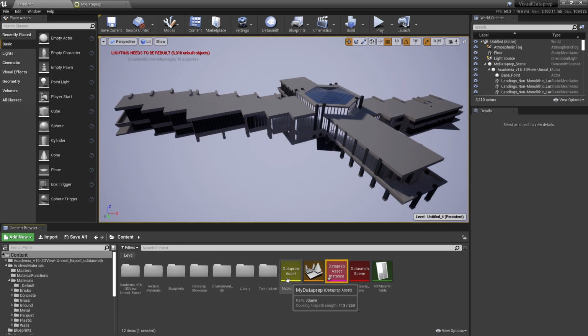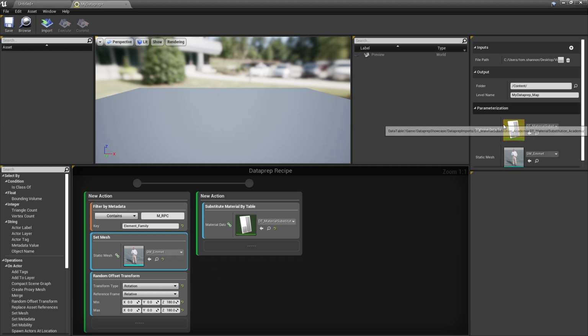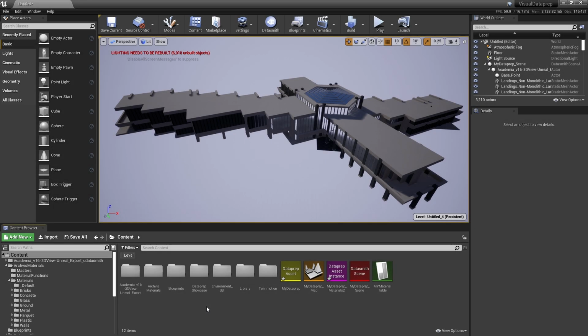Almost all inputs within your asset can be tied to a parameter. So the sky's really the limit on how you want to customize your workflows. Visual data prep is really powerful, and we've provided some of the most common data prep filters and operators. These should work for a vast majority of your needs, but we know that we could never create all the filters and operators everyone needs. So we've exposed the ability to create new filters and operators using blueprints. In this example, I'm going to create a blueprint that will replace meshes with one of an array of meshes.